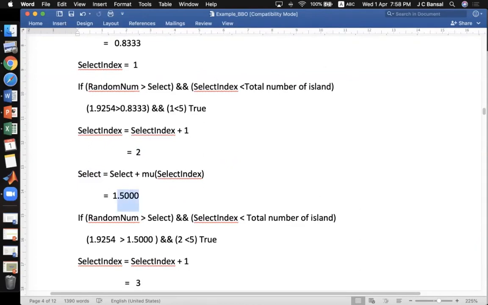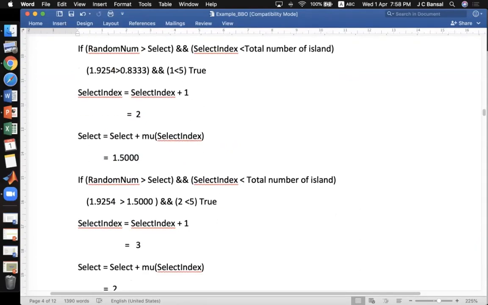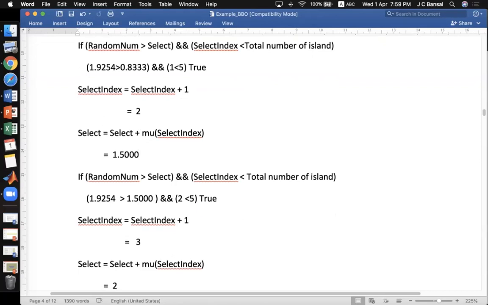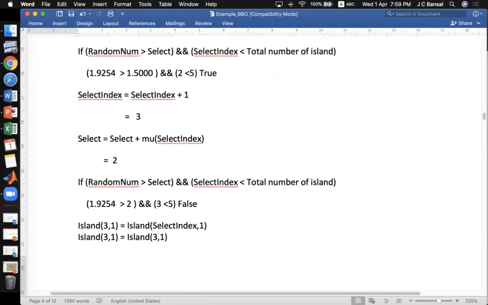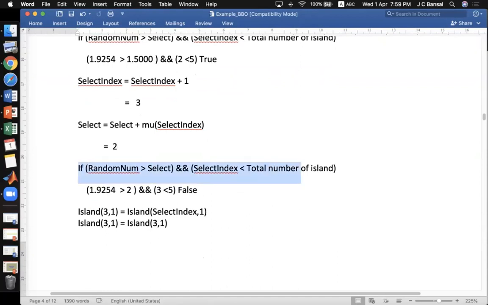So now it will become 1.5 like earlier. We will check again this condition, and we'll see that it is again true, and therefore the select index will be select index plus 1, so it will become 3. And again we'll calculate the new select, which is the select plus mu of 3. Then we'll take the mu of 3 plus the old select, and you will get its value as 2. And we again check the same condition.